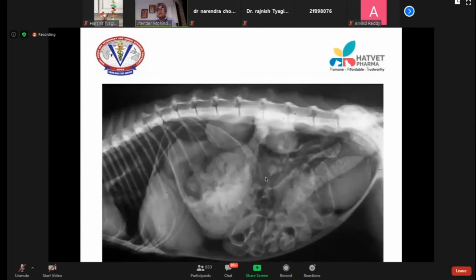Now this, just see, there is free air in the abdomen, pneumoperitoneum. This is pneumoperitoneum, air in the abdomen. I can't see the fat. The fat is replaced with air. So I can see the air here. This is the liver margin. I can see the stomach. I can see the intestinal loop. I can see the colon. This is the urinary bladder. These are the kidneys. This is one kidney, this is the second kidney. This is the left kidney, this is the right. That is why knowledge of anatomy is very important. All these black areas are air. So this is the pneumoperitoneum. This is how you diagnose a case of pneumoperitoneum.